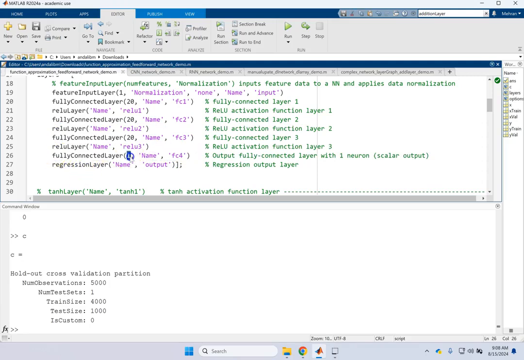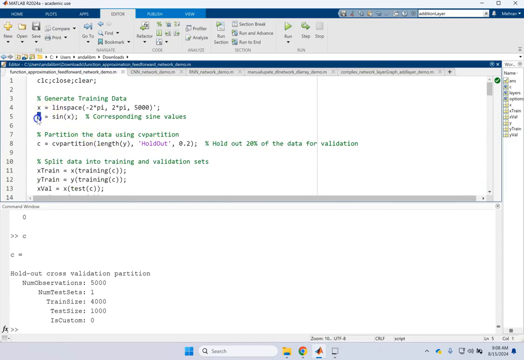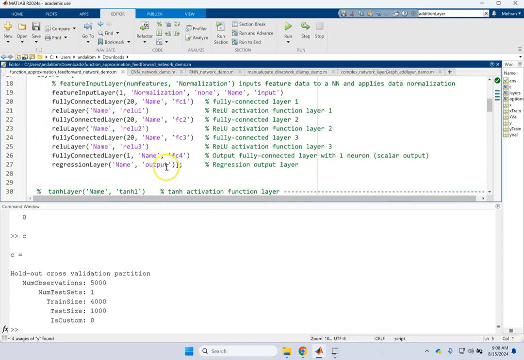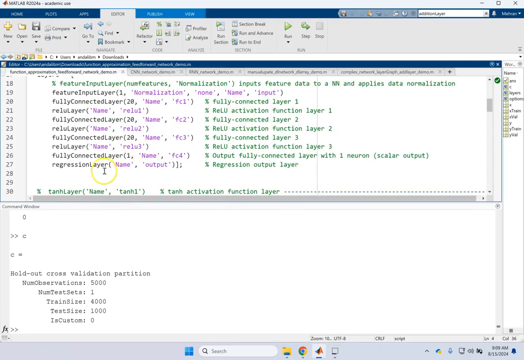As I said, that is only one neuron this time instead of 20. We do one. Why? Because our output that we want to compare against is just one single number. It's a scalar. So here we make sure that it has one neuron, and then we pass it to a regression layer that basically generates a number scaled appropriately, similar to the output. Here you have to undo those normalizations and so on to get back to the appropriate scale, so you can compare the outputs against the labels,